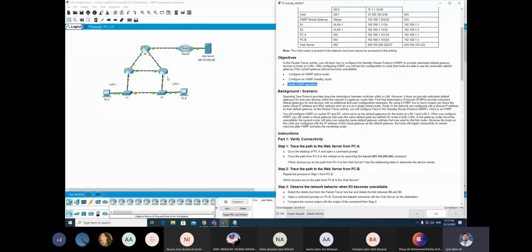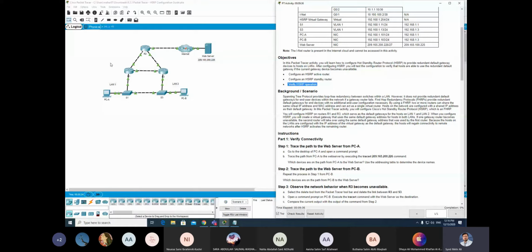If this router goes down, or the link is down, you can still use the alternative path to reach the web server. So we basically have a redundant default gateway.